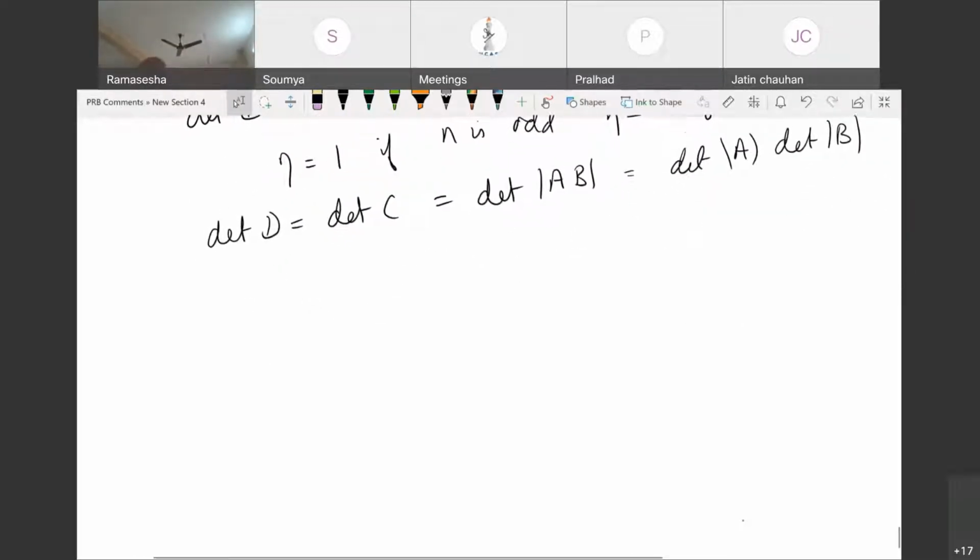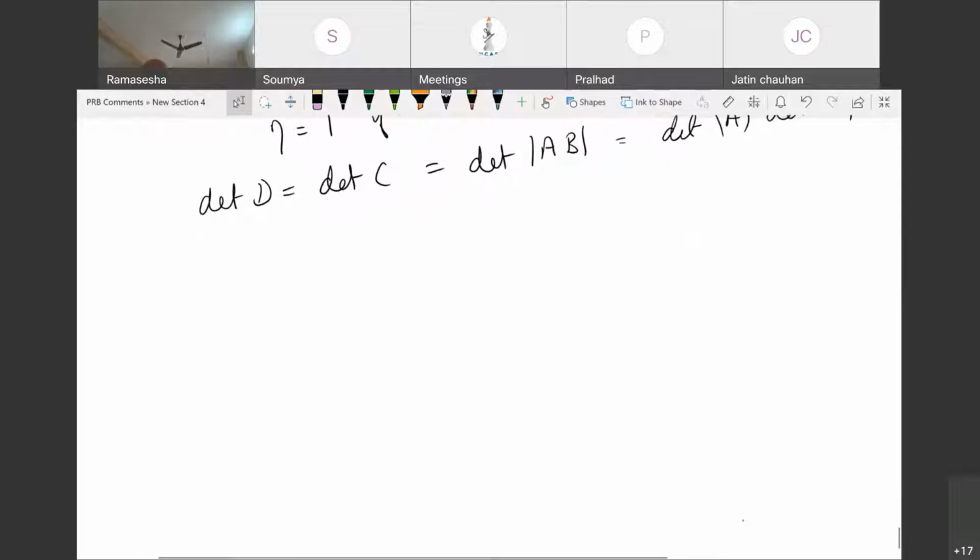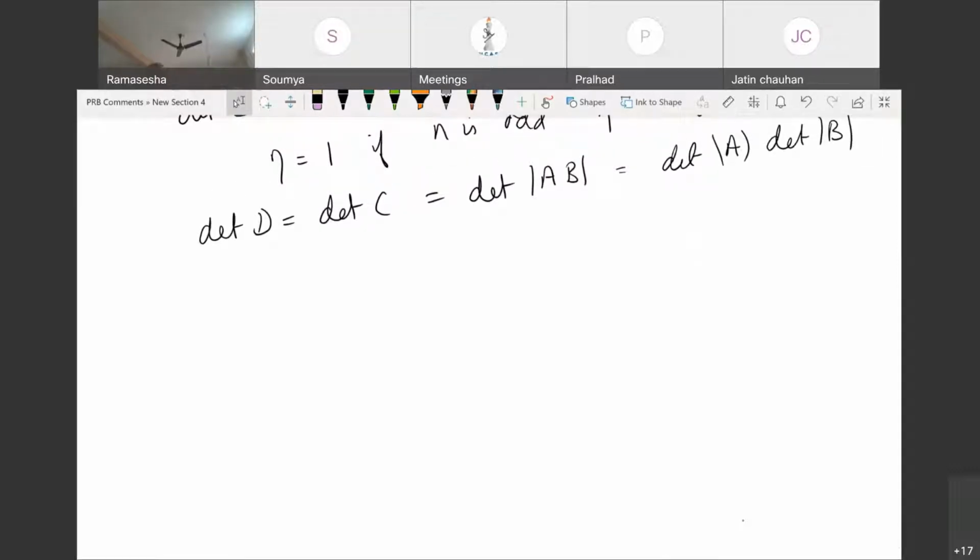So there are actually two ways of expanding it. One, if you expand it without making the row or column manipulations, then what we will get is determinant A into determinant B. If you expand it after making the row manipulations, you will get it as equal to determinant C, which is determinant AB. So that's how you will prove it. Now, having done that, let me go back to the determinants.